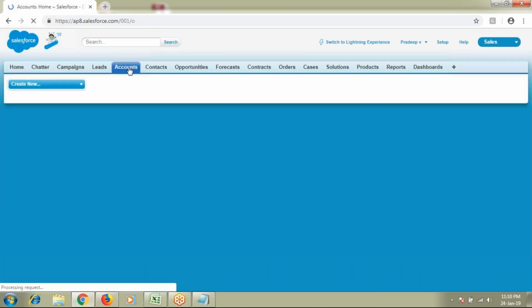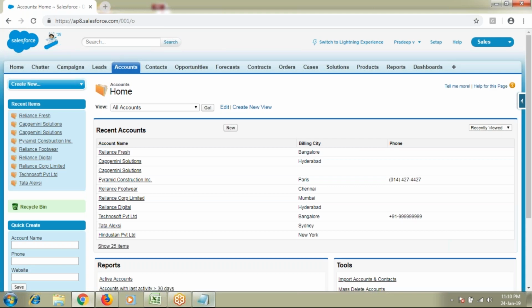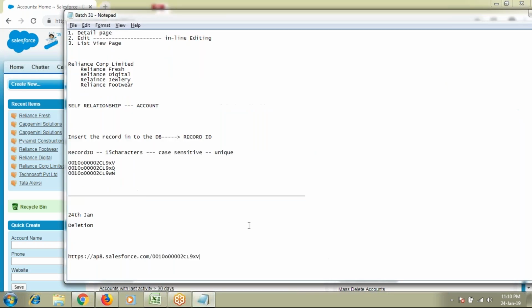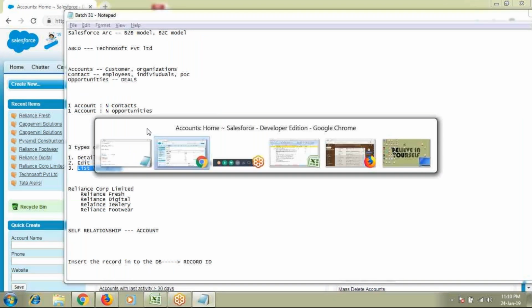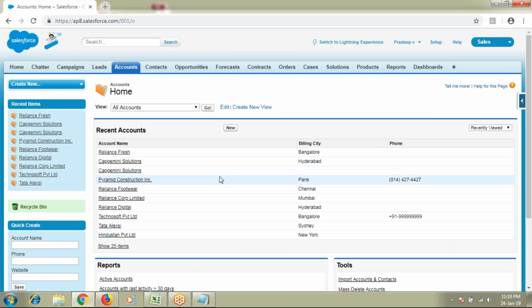Next concept. In the last class we discussed that there are three types of pages: a detail page, an edit page, and a list view page. So what is a list view page? This is called your list view page, where you can see the list of your records under a single object. Now, when you go to real time, like I told you in the last class,